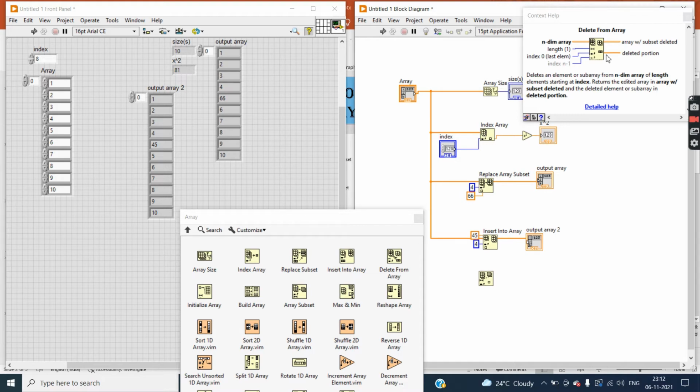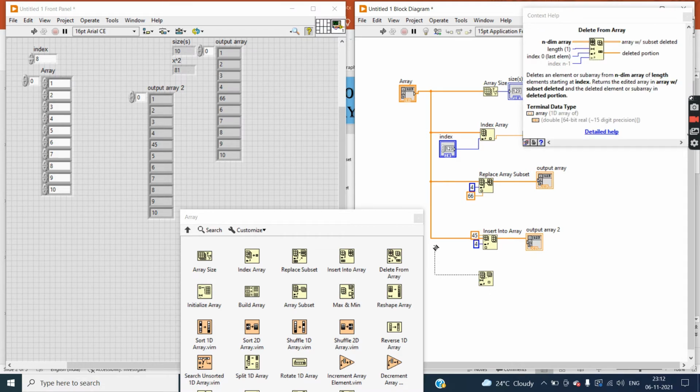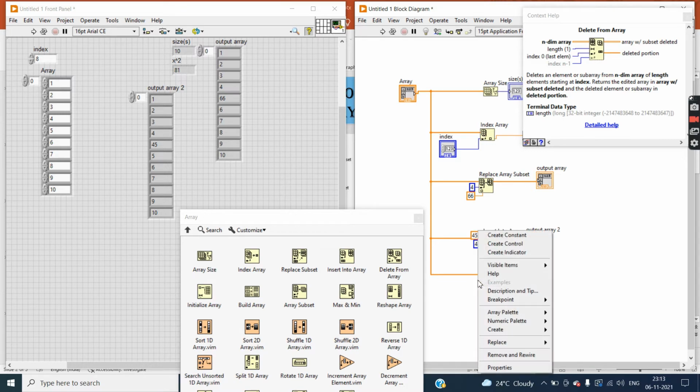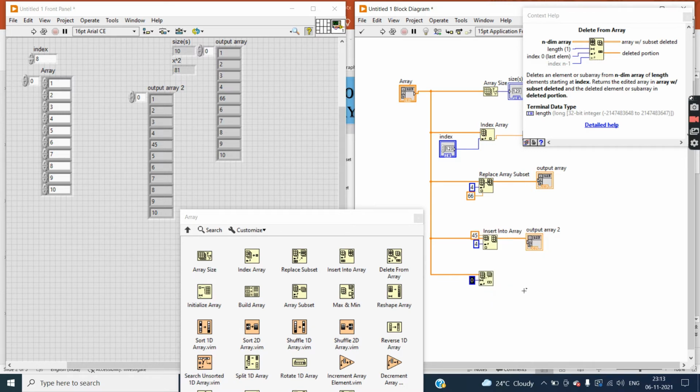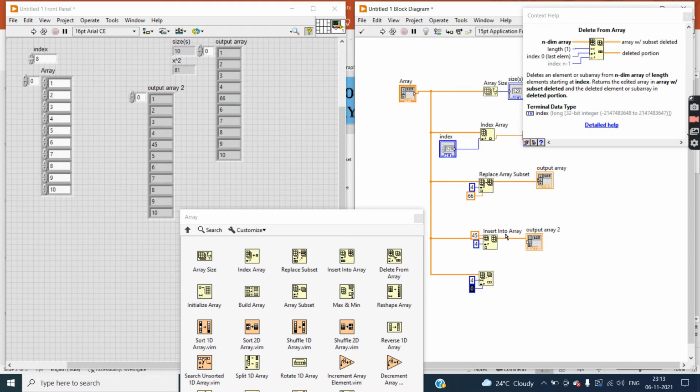Suppose I want to delete 4 numbers from the third position. So first connect this to the available array. Then for length, create constant and enter 4, since I want to delete 4 numbers. Now for index, from which position I want to delete, create constant, third position.